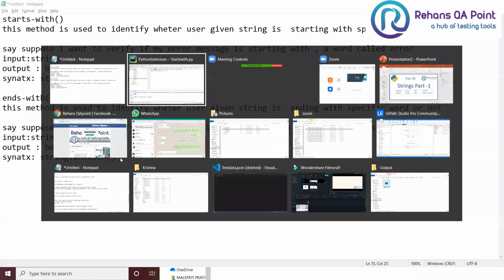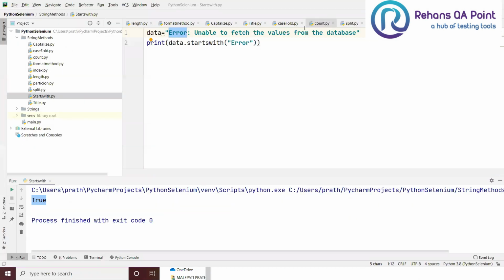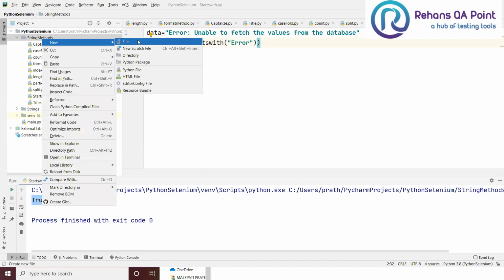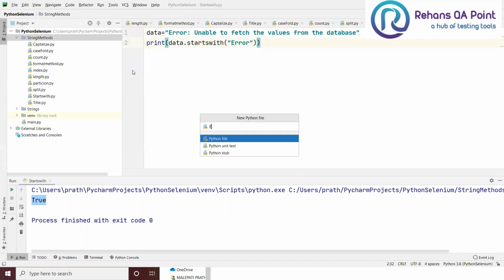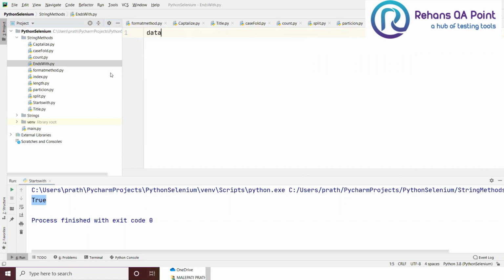Okay, so now let us write one more method called endswith. Data equal to "user details saved successfully". I have a message like this, and I need to verify whether the user details are saved successfully or not.